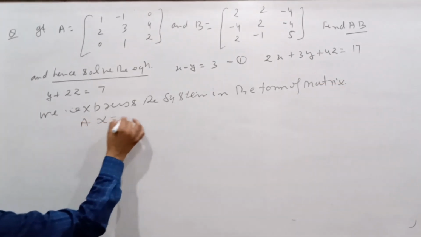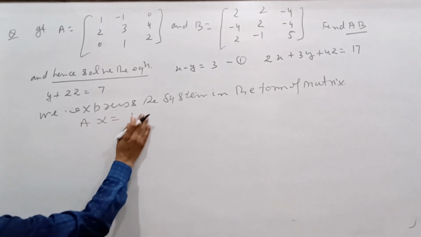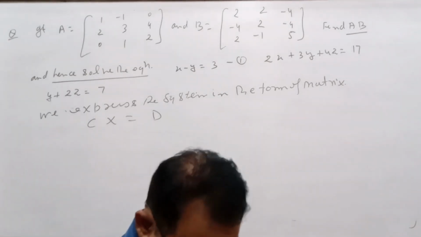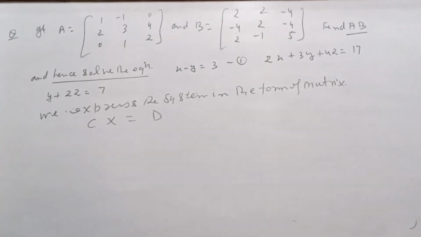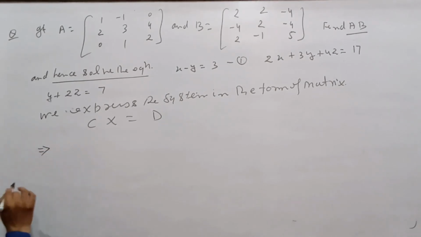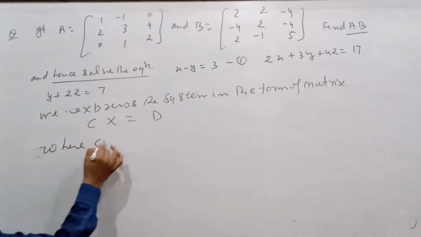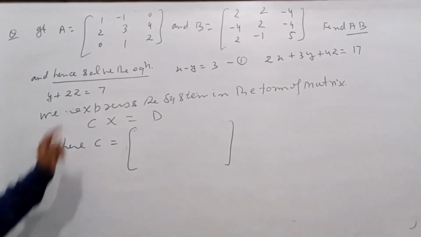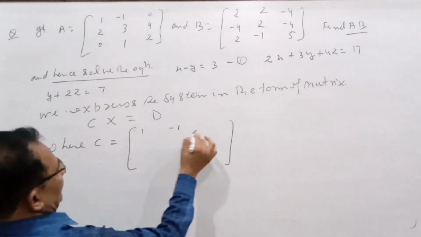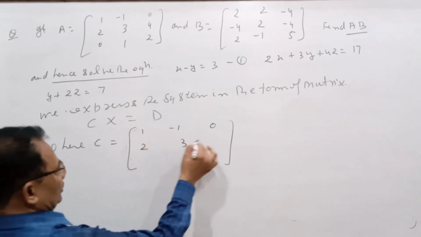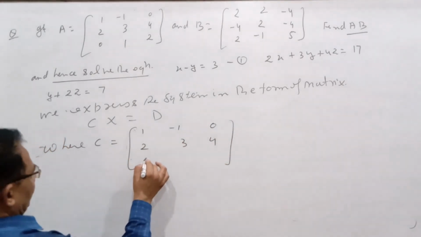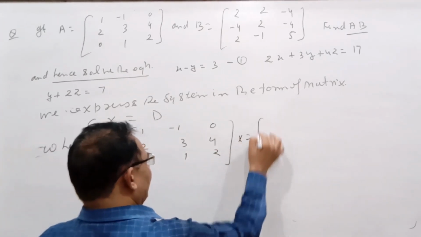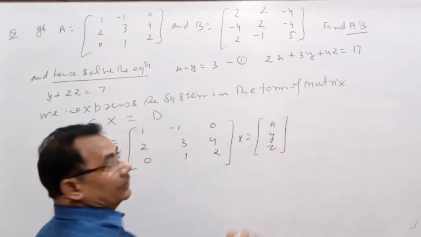We say that Cx is equal to D, where C is equal to, अगर हम यहाँ देखें, the coefficient matrix, that is 1, -1, 0, 2, 3 and 4, 0, 1 and 2, and the matrix X is x, y, z,